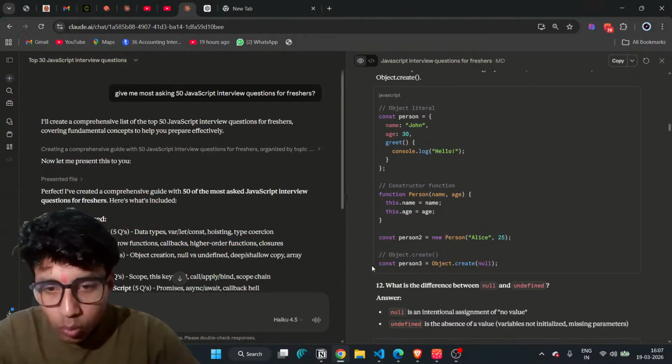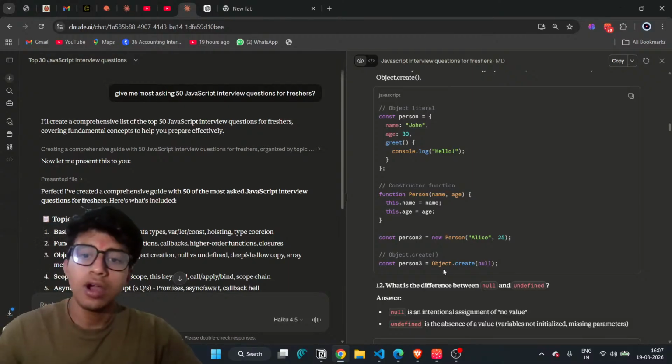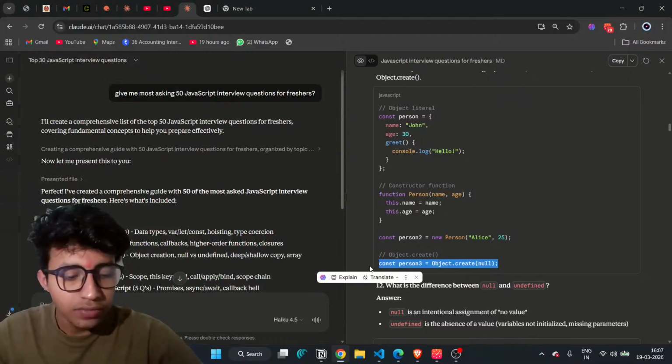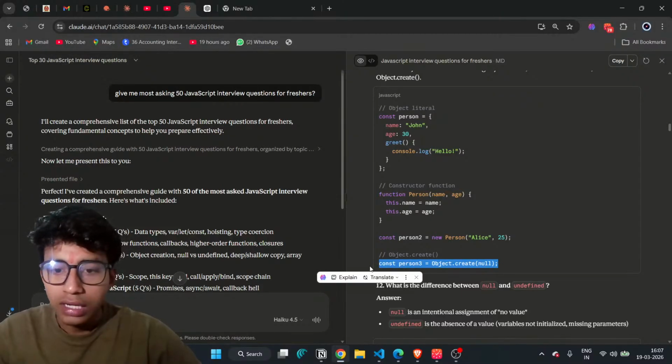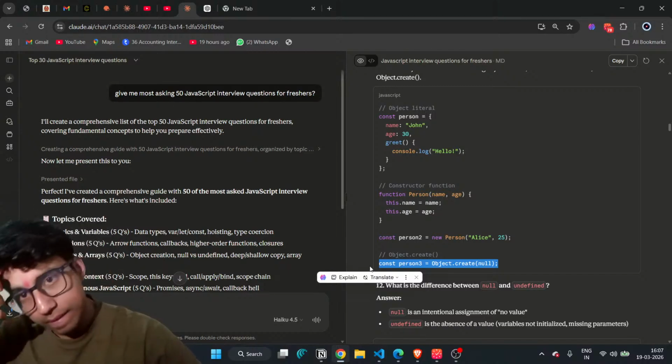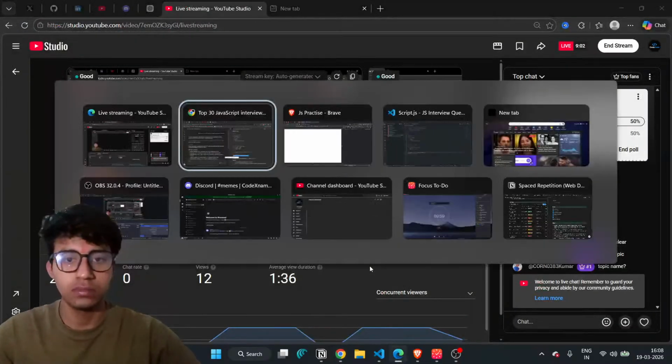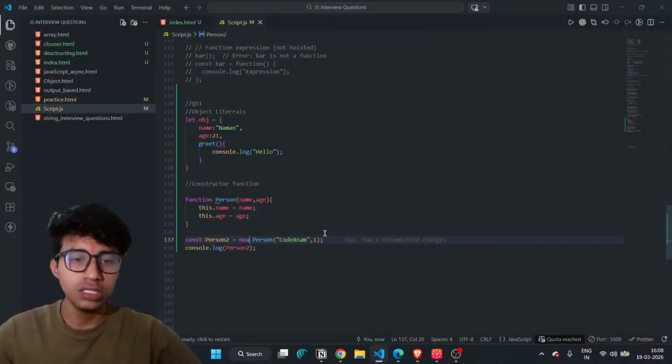So what is the meaning of that? This is const person three and Object.create null. So first thing, we copy that code and understand what it is.